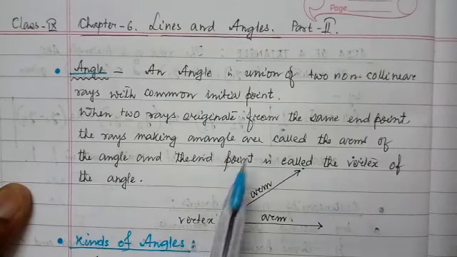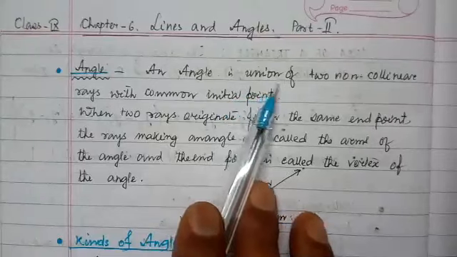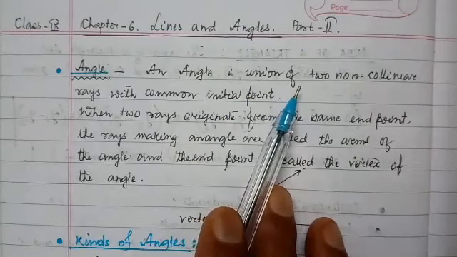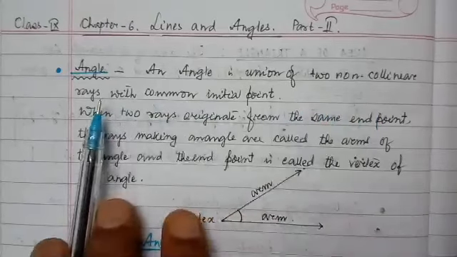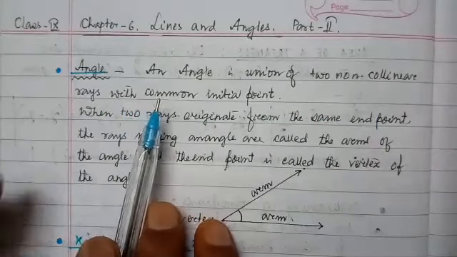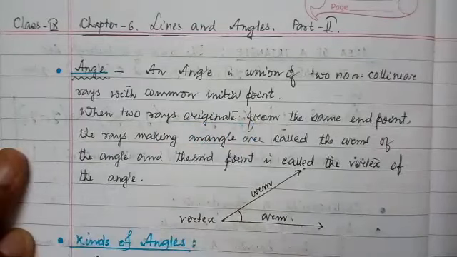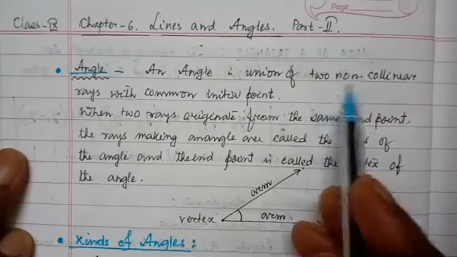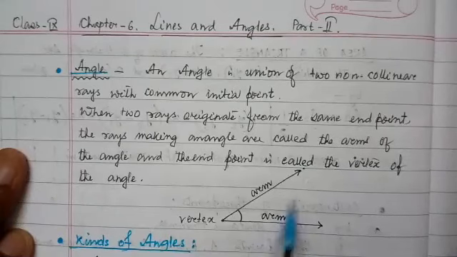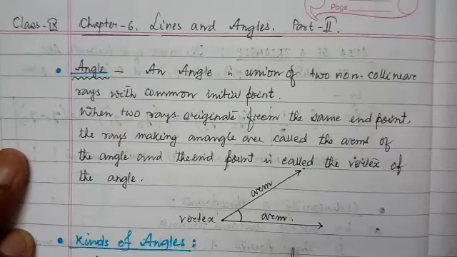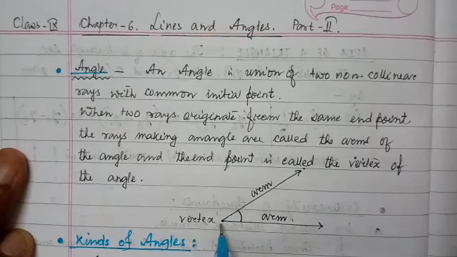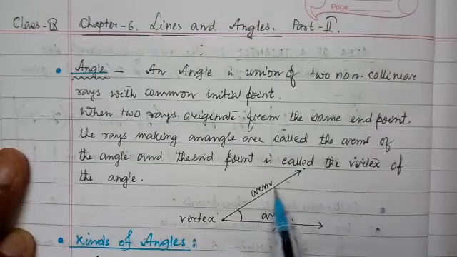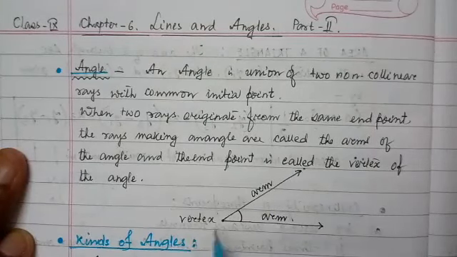An angle is the union of two non-collinear rays with a common initial point. Non-collinear, that is, the lines should not be collinear, nor coincident lines. That is, when two rays originate from the same end point,